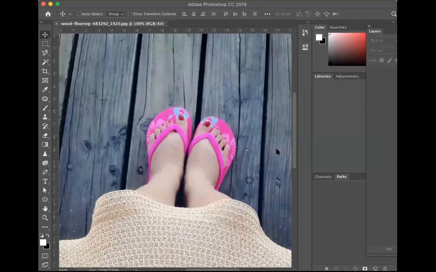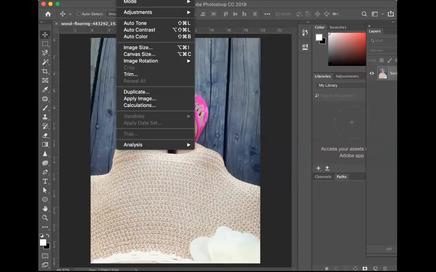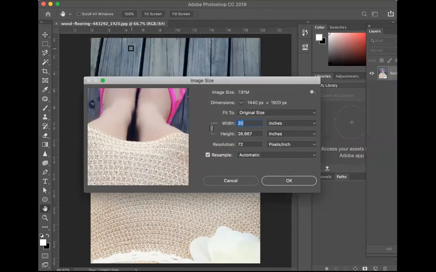I just imported it right from when I downloaded it. Go to Image, Image Size in Photoshop, and just take a look at the size of this. See, this is where you need to convert this, because right now it's at 72 pixels per inch. If you were to print this, you would want this resolution to be 300.